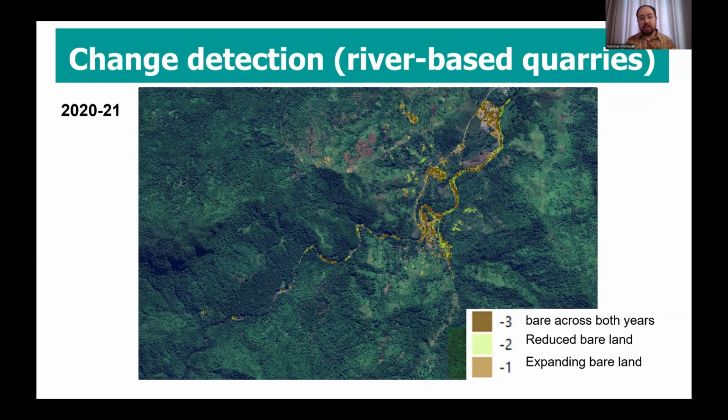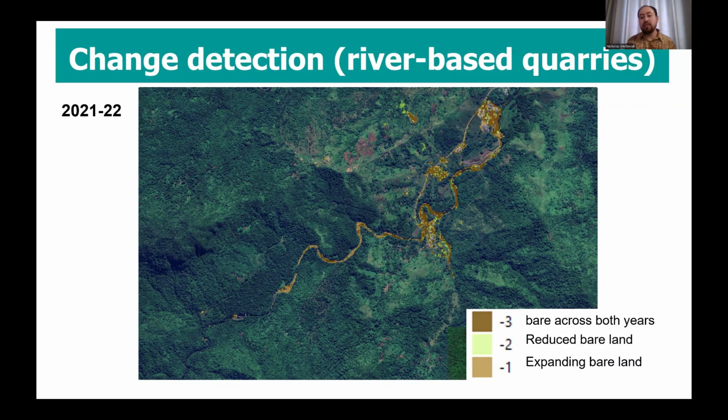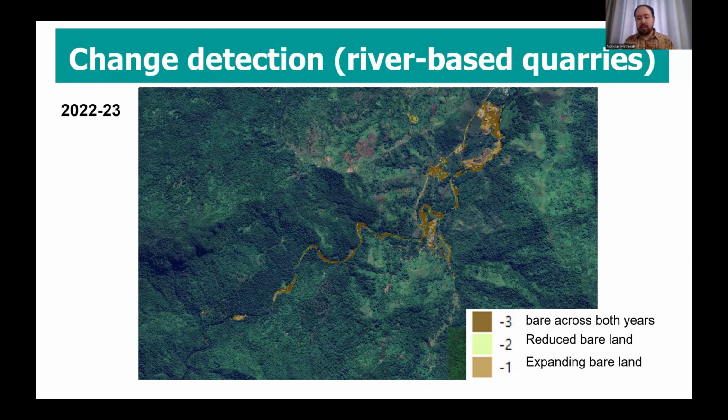What's interesting is that in 2022, we see an expansion of mining further upstream in the river. So we're able to then use the license permit areas and see whether or not these expansions of mining right up into the mountains are actually within the license permit areas or are outside of the license permit areas, which would make this mining activity in effect illegal. So these are some examples of the use of this MRED tool.